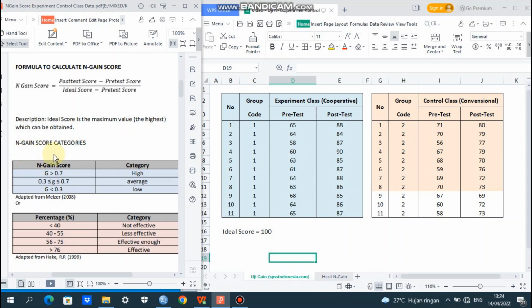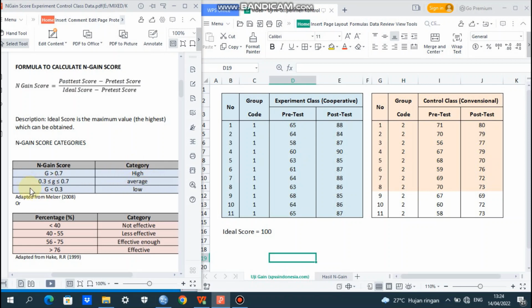Okay, the next, N-gain score categories. Okay, we have two here. N-gain score adapted from Meltzer's 2008 Gain, if it is more than 0.7, it is categorized as high.